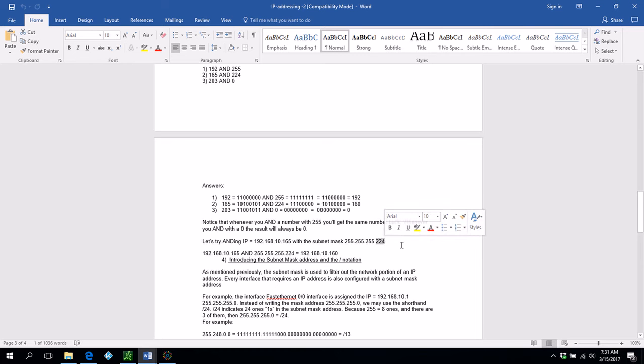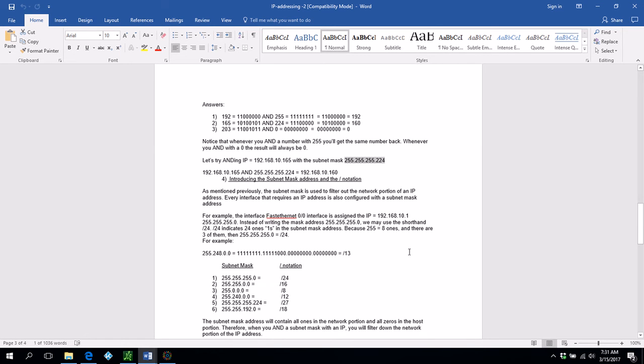224 right here has 3 ones. So this mask address has 27 ones. So we usually write, instead of writing this as 3 255s and a 224, we write it as /27, right? So here's an example of /13. It's easier to write /13 than to write